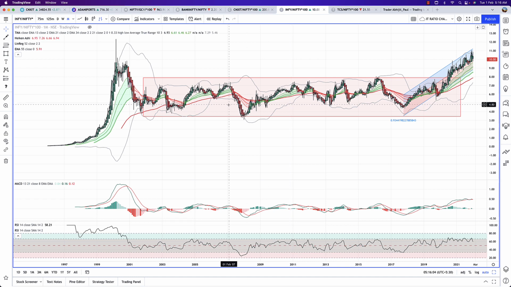Please understand, I'm not saying that Infosys during October 2001 to March 21 did not go up. No, I'm talking about Infosys in relation to the Nifty. So both of them have gone up, but the ratio has not done much. It means that significant outperformance was not there. Now it has come out of this zone, which means that Infosys has started to outperform the Nifty by quite a margin after a zone of multiple years.